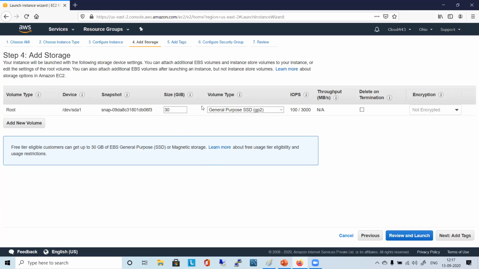So let's move on with this particular one, the root volume, which is analogous to the C drive that Buddha has specified. Just understand, this is the root volume where your operating system will be installed. Where is this coming from? This is coming from the AMI that you have selected.